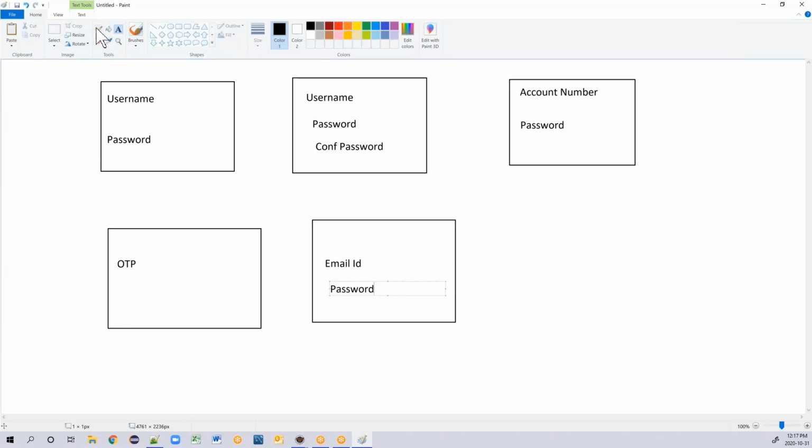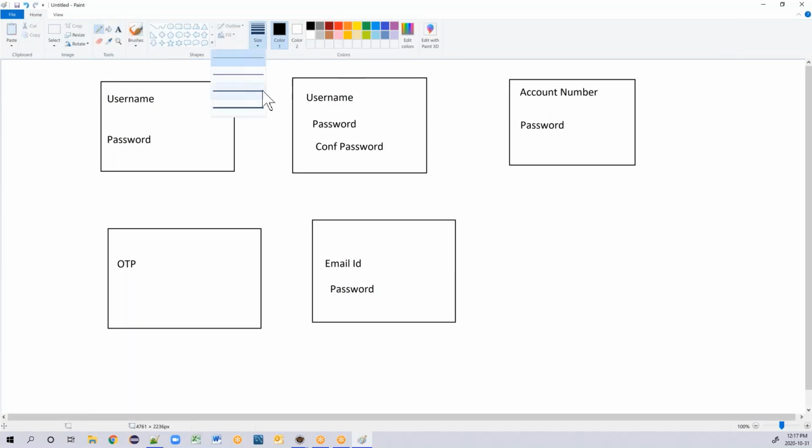Now talking about the first one, which is nothing but these two combination. So username can be a string and password can be a string. So I would call this as a string combination. Username can be string, password can be string, and confirm password can also be a string. Account number will be an integer and password is going to be nothing but a string. OTP is going to be an integer.